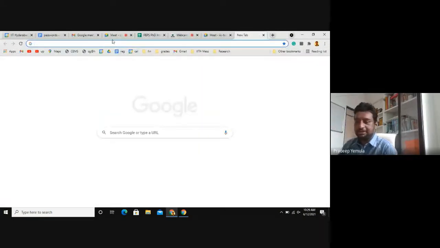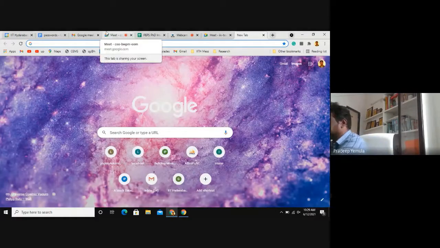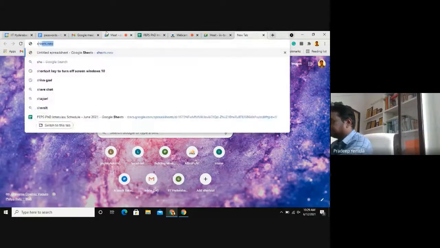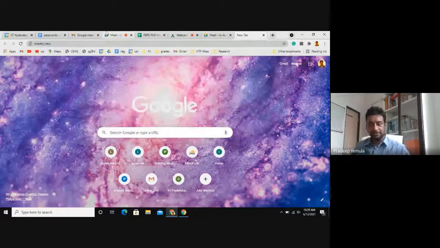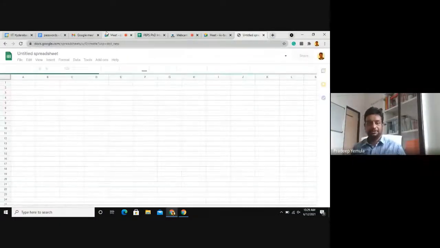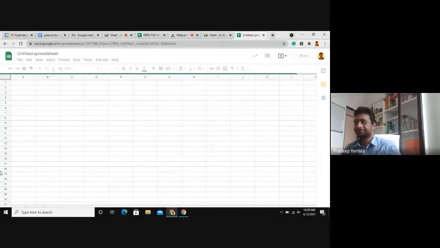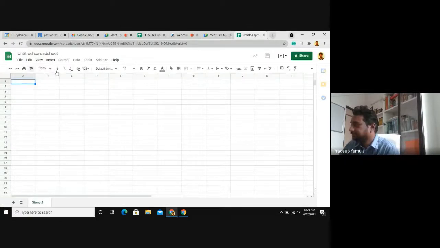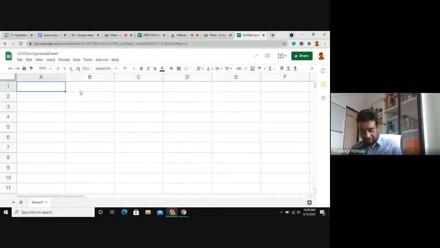For plotting this data, I am using Google Sheets. So let me open Google Sheets. And I'll increase the magnification. So whatever we have done before, I'll just enter it in the sheet.